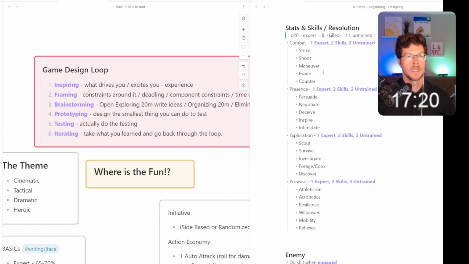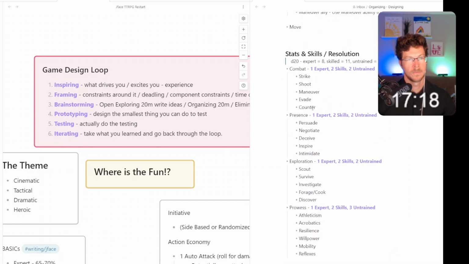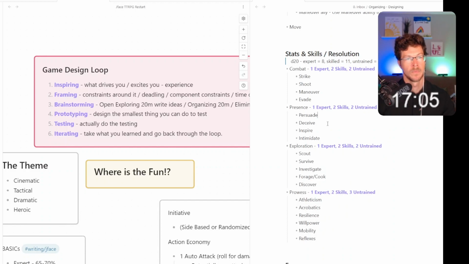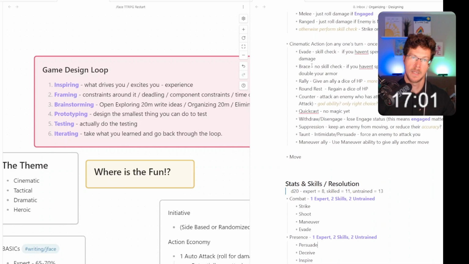All right, do we get rid of stuff from here? Counter. Don't need counter because we have a counter attack action. So now we have strike, shoot, maneuver, evade. Okay, we don't have a defend. Persuade, negotiate. We don't need negotiate right now. Deceive, inspire. Ooh, inspire. Maybe this is an inspire action.